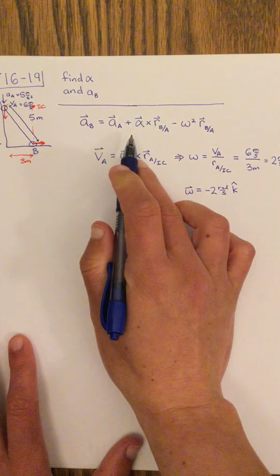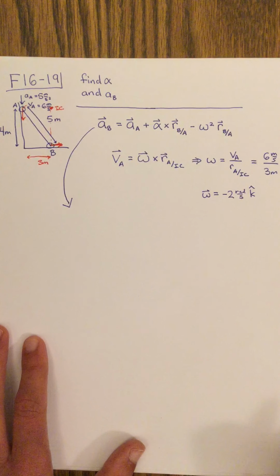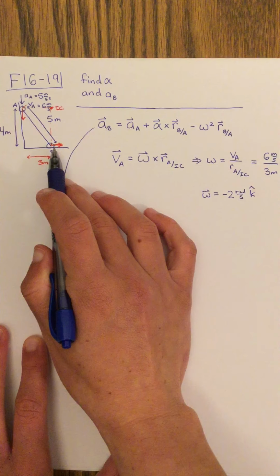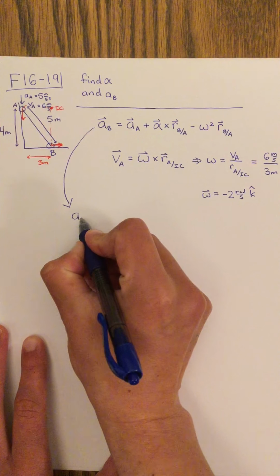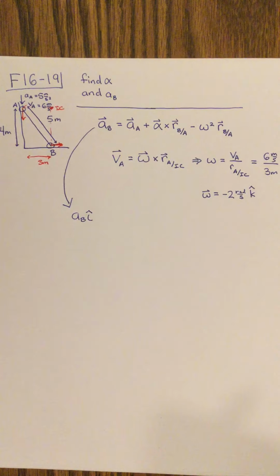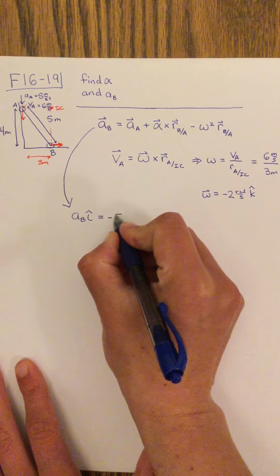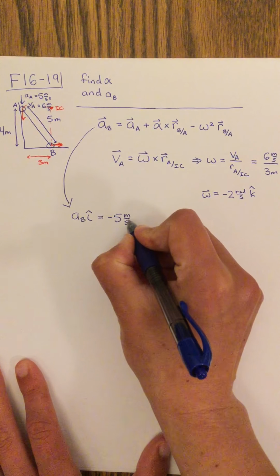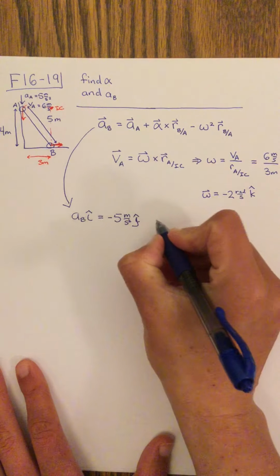Okay, so now we're going to go back to equation 16-18, which we had up here. And I think at this point we have everything that we need in order to be able to successfully use this equation. So the acceleration of point B has to be in either the positive i-hat direction or the negative i-hat direction. It looks like it's going to be in the positive i-hat direction, but if we just say a_B is the component, if it's in the negative i-hat direction, we'll just get something negative for that component. Then we have the acceleration of point A, which is 5 meters per second squared downwards. So we have negative 5 meters per second squared j-hat,